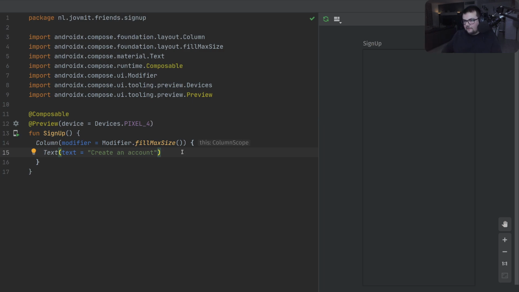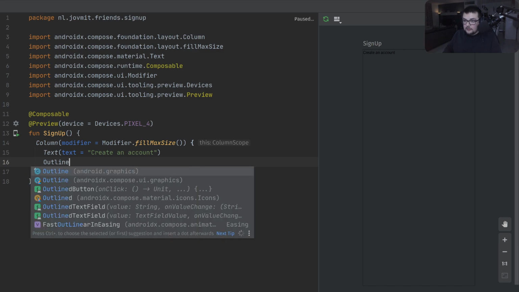So I'm just gonna have some sort of title that's gonna be create an account, and then I need input fields basically for email, and yeah, there we go. Now we can show the create an account in the preview, which doesn't look quite right. But we can think about and work on the actual layout later to make it sort of more appealing and better. For now, let's just also have the, I would say, outline